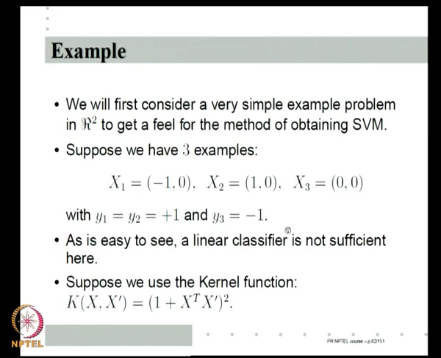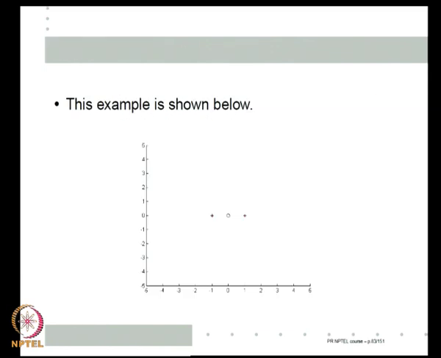solvable by a linear classifier. So, let us say we choose a kernel function of this kind, which essentially gives a second degree polynomial in the original space. For example, I know one classifier is this. I just put the origin at that 0 0 point. So, basically if I have lines parallel to the y axis on either side, the region in between the lines is one class, outside the lines is the other class. So, it is like a pair of lines kind of classifier.